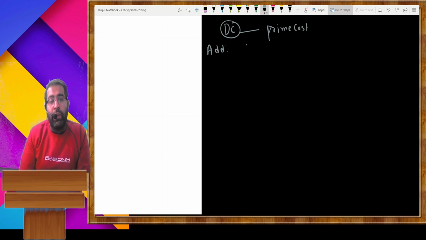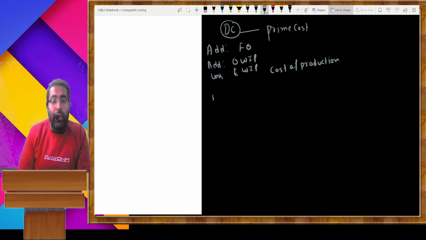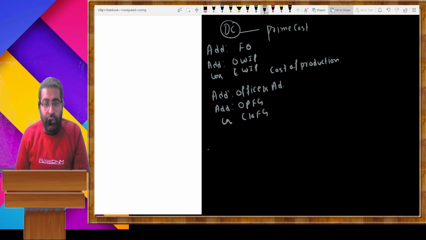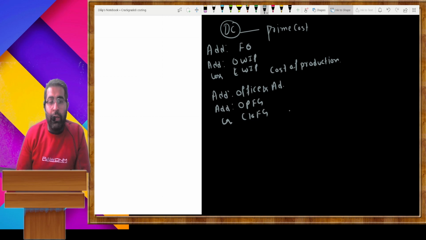When in the prime cost we add factory overhead, add opening work in progress, less closing work in progress, then it is cost of production. When in this we add all the types of office and administration, add opening finished goods, less closing finished goods, we arrive at a point of